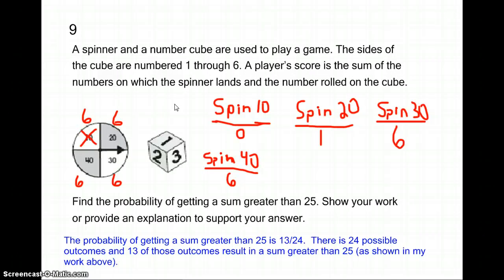Go ahead and pause this and take a second to read. Okay, so on this one there's 24 possibilities since there's 4 sections on the spinner and 6 sections on the cube. 4 times 6 is 24. Out of those 24, you can see in my work that there is 13 possibilities where the sum is greater